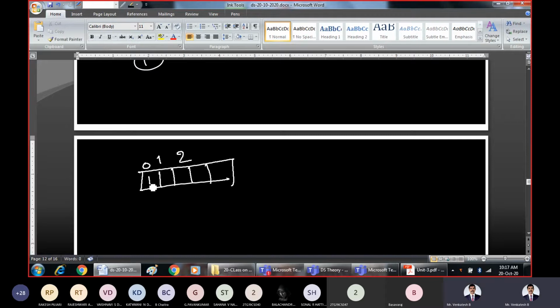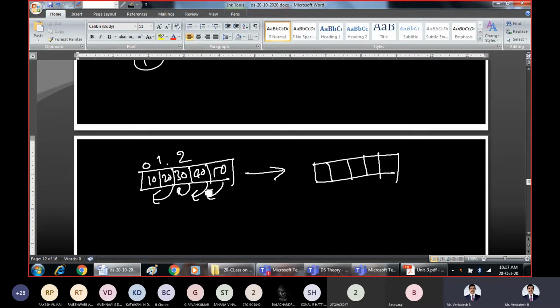Take the index values 0, 1 and so on, with 10, 20, 30, 40 and 50. Deleting 10, take 20 to this location, 30 to this location, 40 to this location and 50 to this location. Shift all the elements to the left by one location.